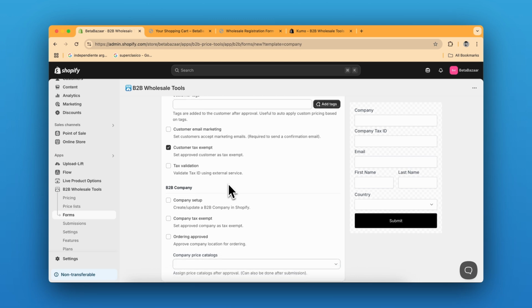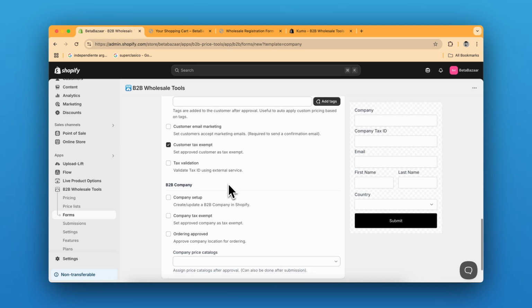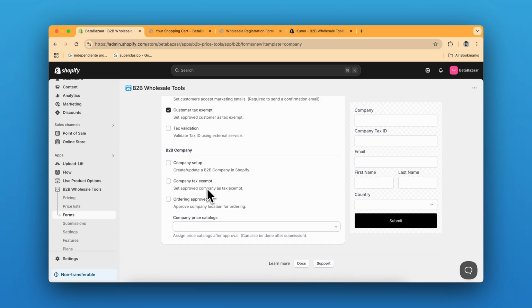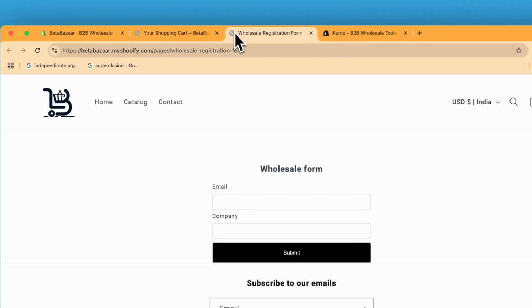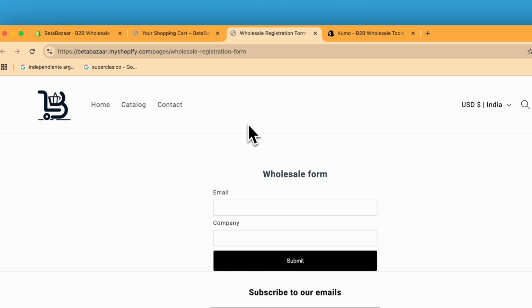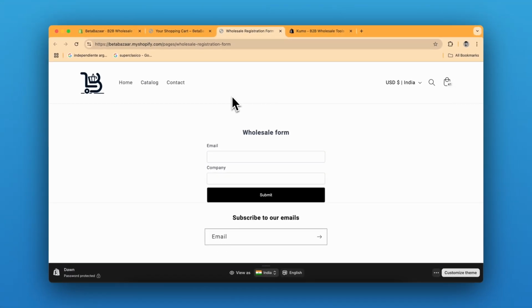You can also enable tax exemption and validation. If you have Shopify Plus, there is additional B2B company feature, but I'll cover that in a separate video. Once done, you can save the settings. Here's a simple registration form that asks for email and company name, but you can add fields like phone number, address, monthly revenue, etc. Once the wholesale buyer submits the form,